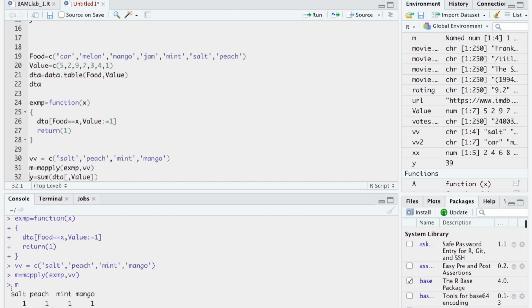And look, guys, you'll see it's all one. In addition to that, it literally gave us the little labels for which one it is. It gave you the values with it. It said, okay, salt gave you 1, peach gave you 1, mint gave you 1, mango gave you 1. Pretty nifty, right? And if we look at the DTA table now,